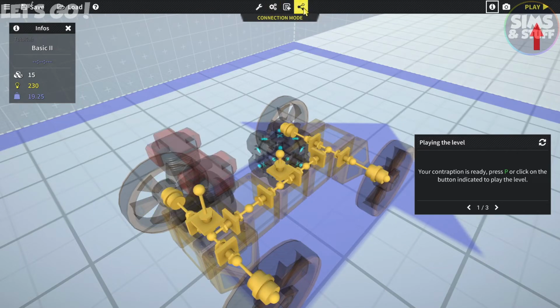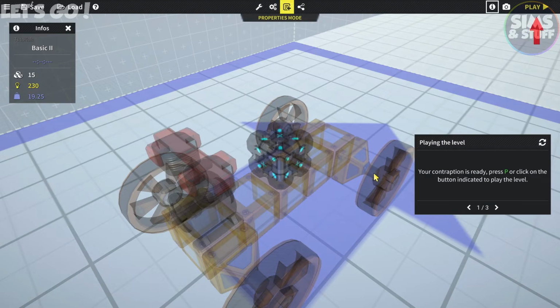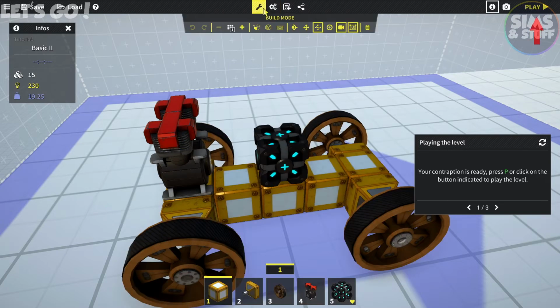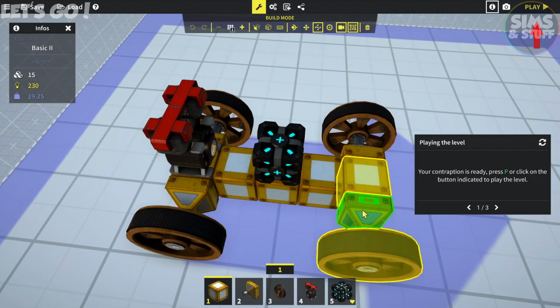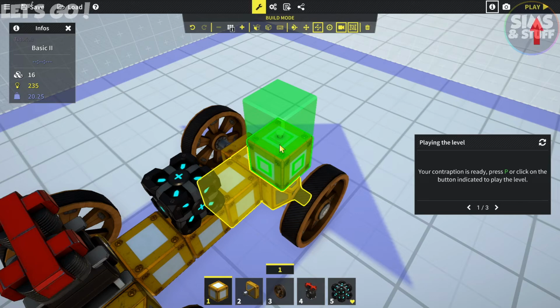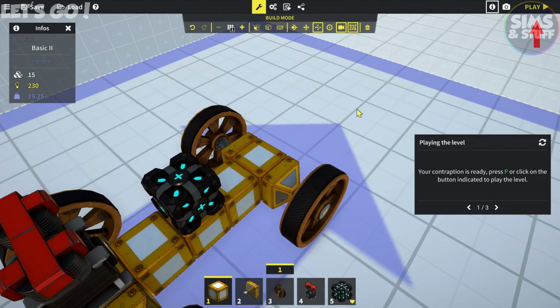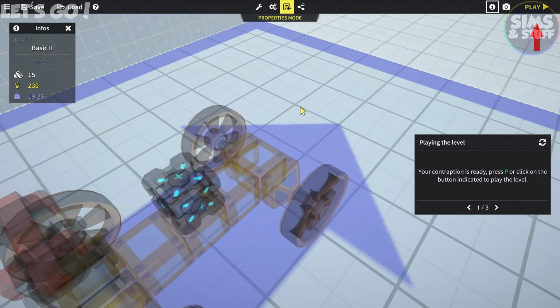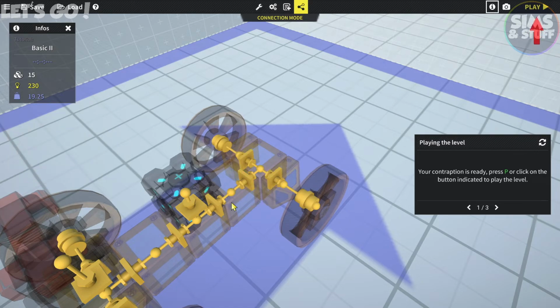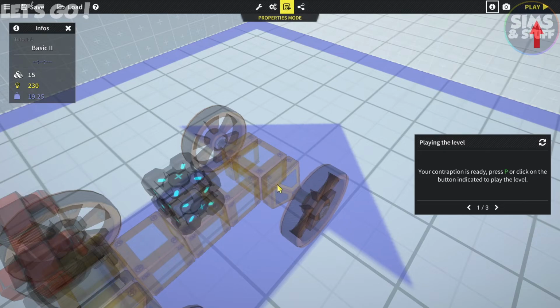So the special connection mode, no, the properties mode. I can't now click on the thing. It's not letting me. What's the what? No, don't put a block there. It was properties mode. I should now be able to click on the... Oh, that's a thing. We haven't even delved into that yet. What the hell's that? Okay, it's not letting me...